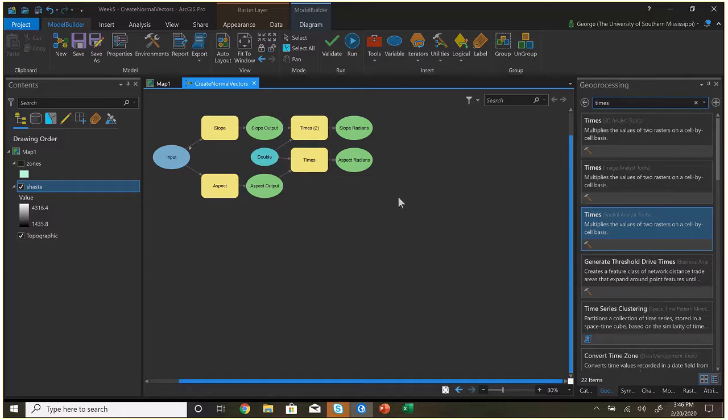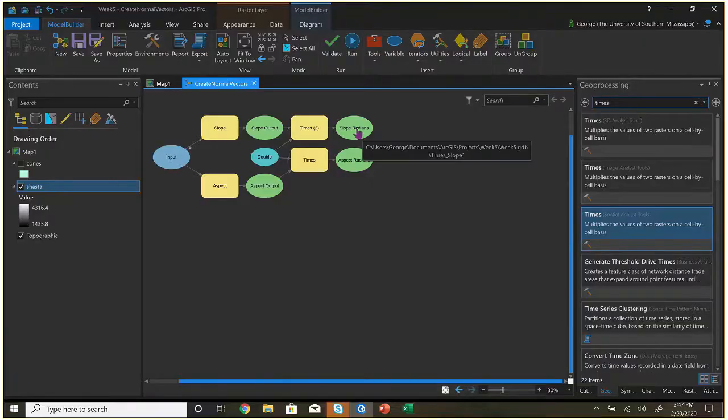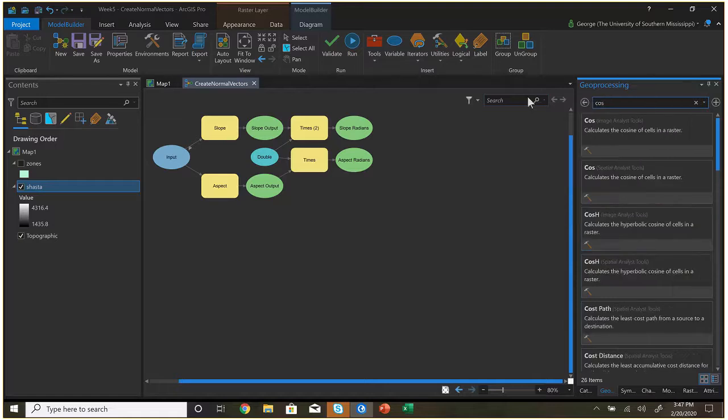Okay, so now I've got that. I'm like halfway there pretty much. So I'm right here. Now I'm just going to take the sine and the cosine of each of these. So I need the sine and the cosine of slope and aspect. So if I type in cos,